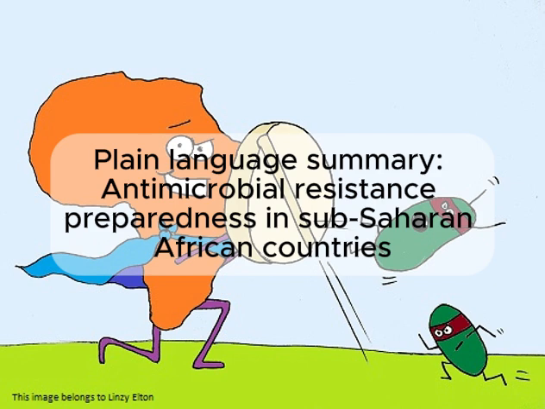And these items that the joint external evaluations measure include things such as: does a country have a national action plan for tackling AMR in place? For instance, is it published? What is it they plan to do, and how do they plan to do it? Does the country have antimicrobial stewardship policies? So, for instance, do clinicians and veterinarians have guidelines to help them administer antibiotics? And can antibiotics be purchased over the counter, or do they have to be prescribed?